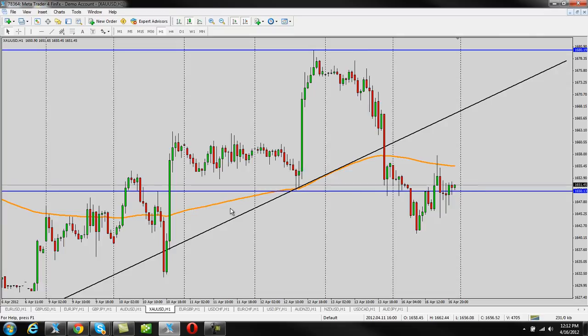Gold is still consolidating. I talked about gold yesterday and making some sort of significant run beyond 1650, and it dipped a little bit below and pushed a little bit above, and it's just consolidating basically at 1650. So I'm just watching this level, looking to see if we can get any kind of a breakout to help signal which way we might see some of the dollar pairs going. Best of luck. Looks like there's a rally against the dollar, so we should see some of that happening, and just keep